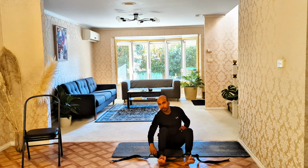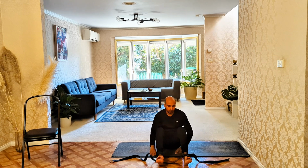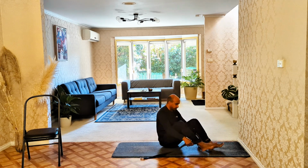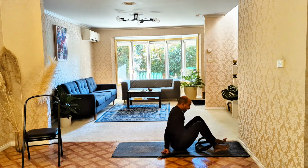I will show it here once more. Place a belt at the front of your ankle joint and from the center pull it back towards your pelvic floor so that you create a loop next to your ankle joint like this. Okay, creating a loop next to your ankle joint. Now while holding that loop, lie on your back,